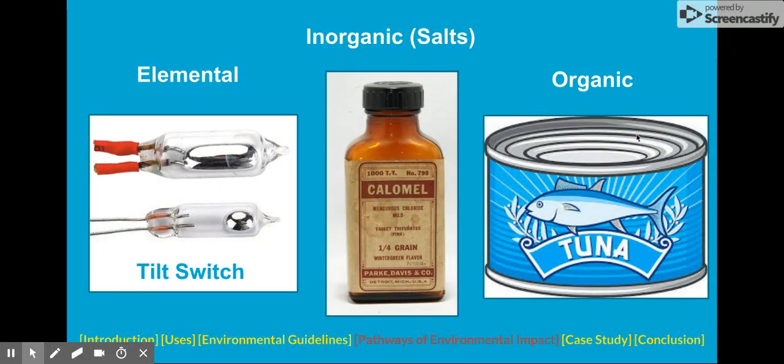Lastly, organic mercury is what we are most familiar with in terms of harm to human health, such as heavy metal poisoning and neurological deterioration. Organic mercury can be found in seafood markets, such as shellfish and top predator fish.